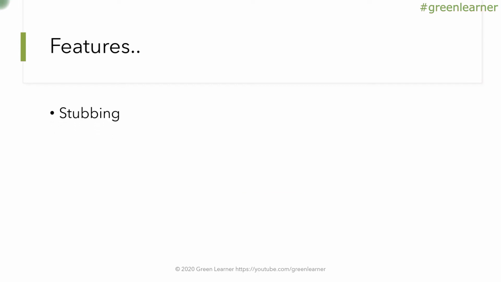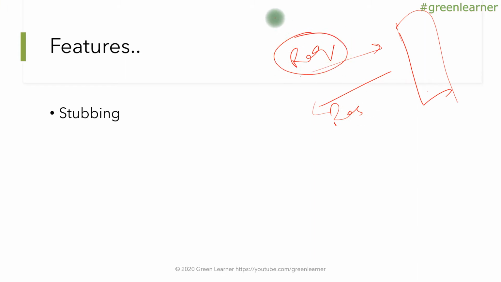So the first feature is stubbing. I was talking about that if this is the actual service that is there, and the request is coming here with the specific input, it is responding with some data. If the API is about payment, and it is coming with some user ID and saying the pay amount 123 and much more data, it is going to take these requests and respond based on the input, whether it is success or rejected and failure messages as well, right?